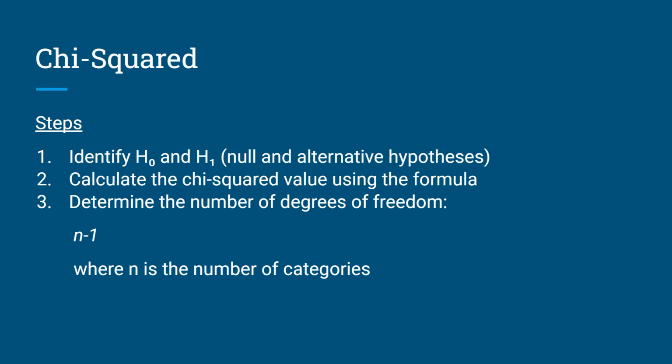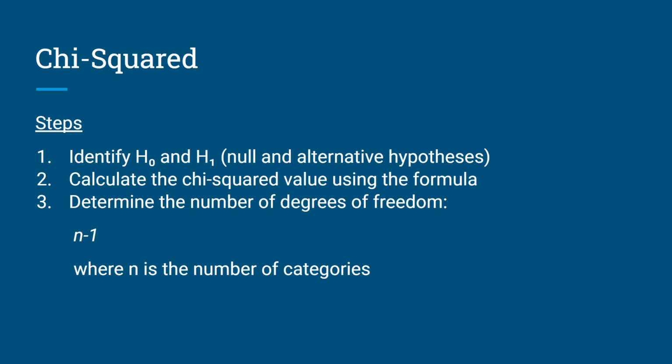There are 5 steps in doing a chi-square test. The first step is that we identify our null and alternative hypotheses. Remember, the null hypothesis is always that there is no significant difference, and the alternative hypothesis is that there is a significant difference. The second step is to use the formula for chi-squared to calculate the chi-squared value. The third step is to determine the number of degrees of freedom, which is always n-1, where n is the